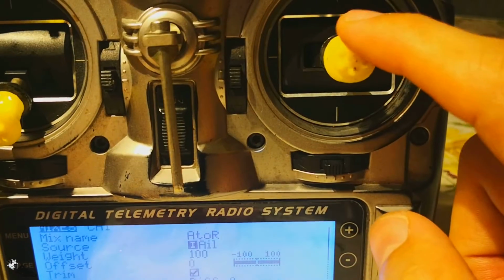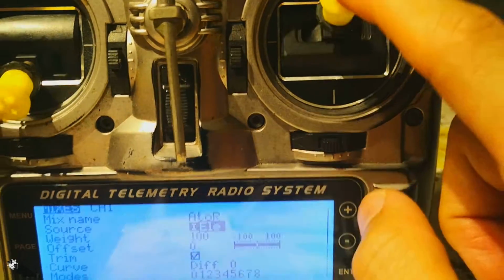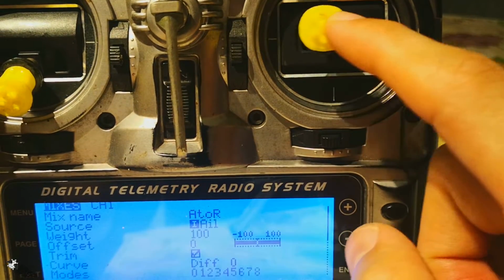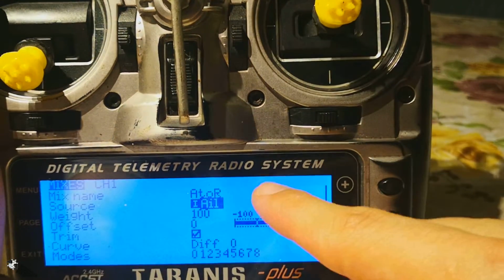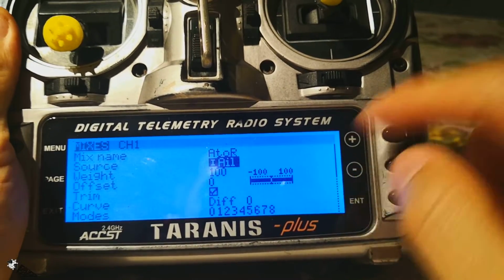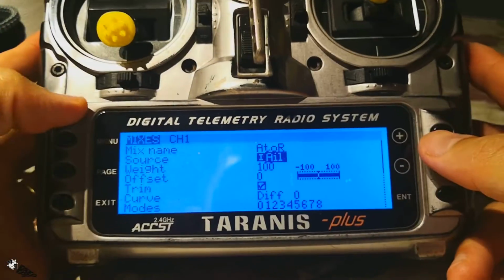If I move my pitch axis here, then this value will change to elevator. I will move it to the roll axis again, then it changes back to aileron. So just hit enter once to record this value, and then